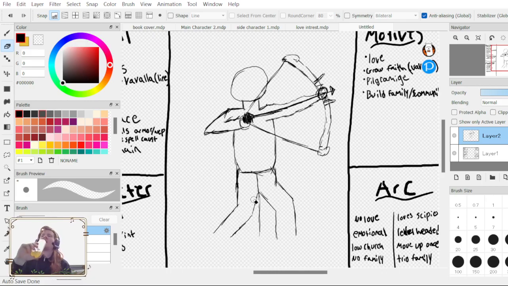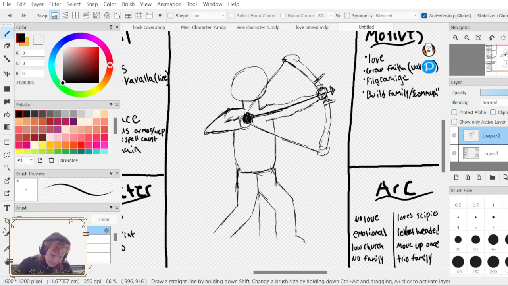Is that a... I don't know if that's an actual archer's stance, but you know. Looks mostly human.